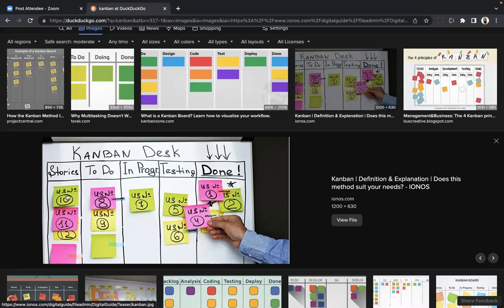Whenever somebody takes a task, you're gonna move it to the to do column and put your name on it, like this task is assigned to this person, and that person is gonna do it. Actually, we're gonna skip this to do column. I'm gonna have stories, and I'm gonna have in progress after that. It's gonna go from stories to in progress when you're actually working on it, and then you're gonna move